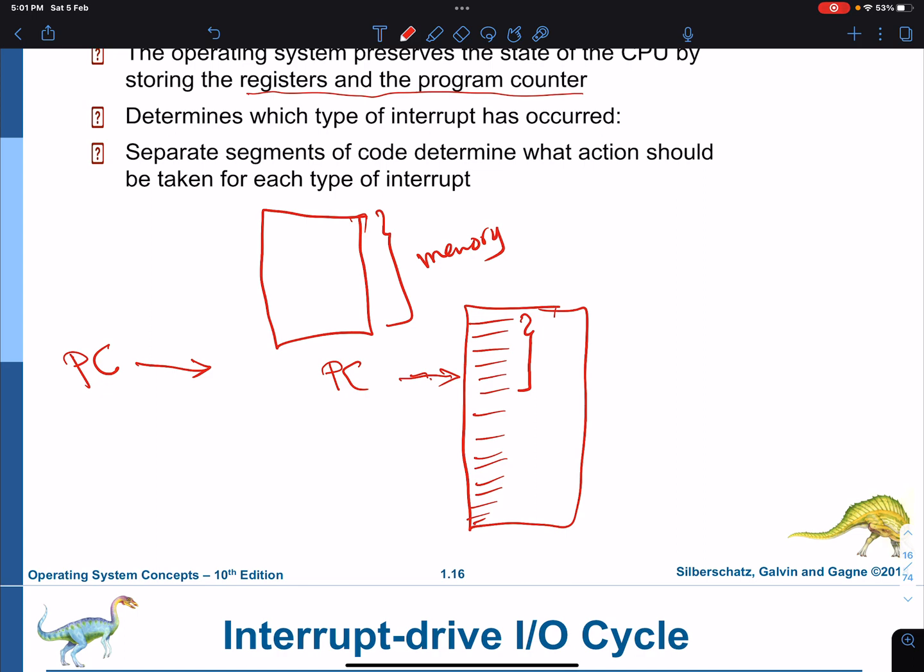So if you want to stop executing the program to handle the I/O that is happening, you have to save where the program counter is and what the memory contents are. Why? If you don't, and you handle the I/O and then come back to the program, you will have to execute it from the beginning, which is very wrong and not efficient, right?